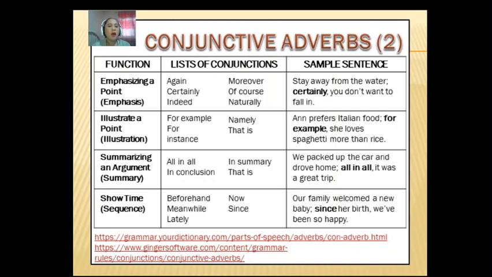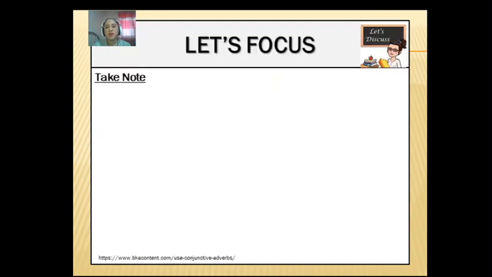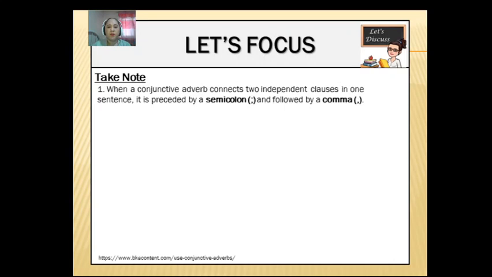Now, it's not the end of our lesson. Let's take note or focus on some of the things that we need to remember regarding the use of conjunctive adverbs. First, when a conjunctive adverb connects two independent clauses in one sentence, it is preceded by a semicolon and followed by a comma. Example,